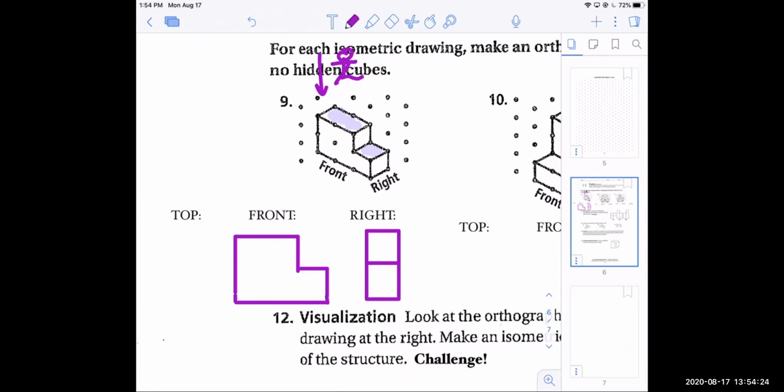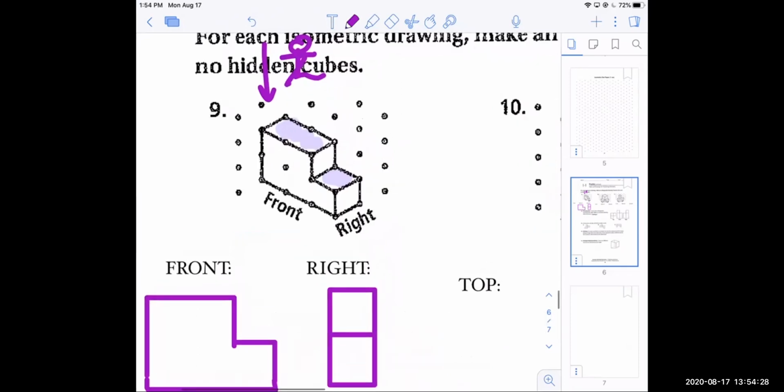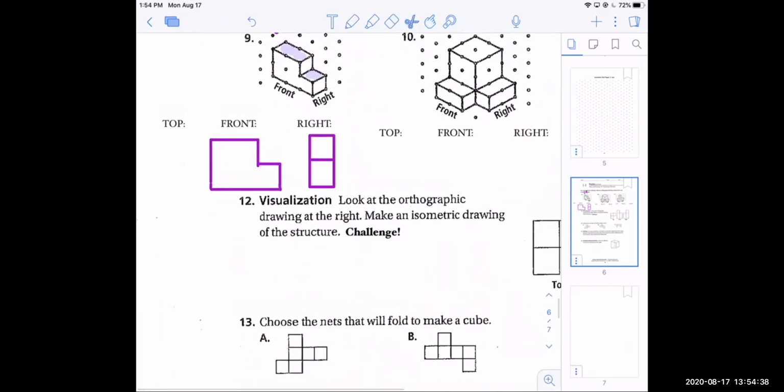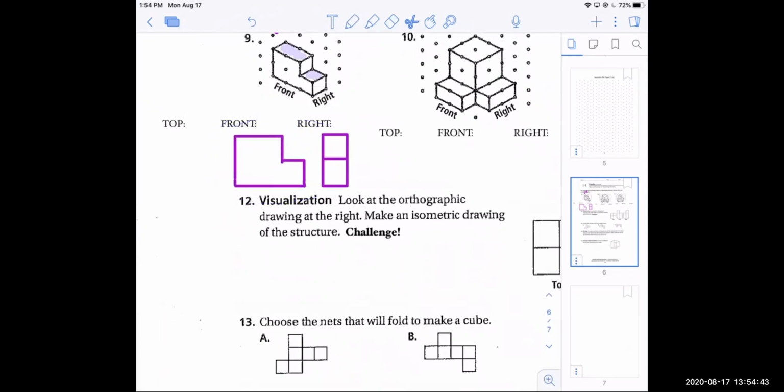Okay, you don't want to be counting the dots, you want to be counting the distance between the dots. So when I go from here to here, that's a distance of 2. So that's 1, 2, right? Yes, it's a 3 by 1. All right, so when you look down, I'm going to switch these guys over a little bit to come in my way. When you look down at the top view here,